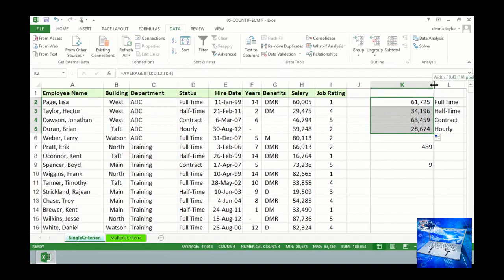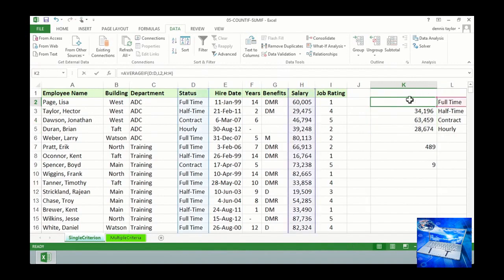And so the example here in column K, AVERAGEIF, remember cell L2 has the text full-time. If the entry in column D is full-time, then let's go to column H, and what are we going to do? Average all of those salaries. So we can see how COUNTIF, SUMIF, and AVERAGEIF give us easy ways to tabulate data from lists like this without having to sort the data or rearrange it in any